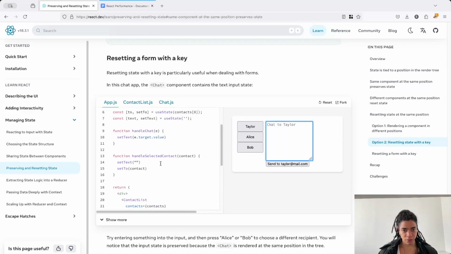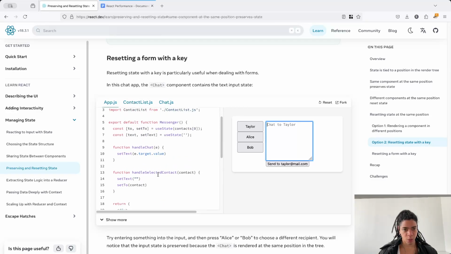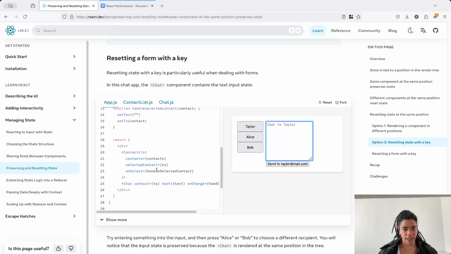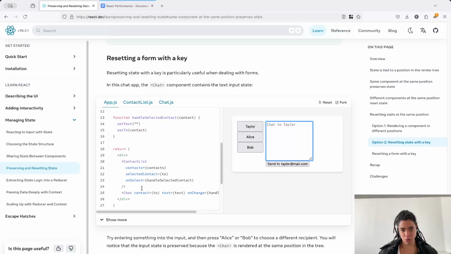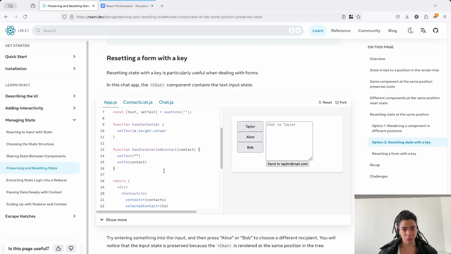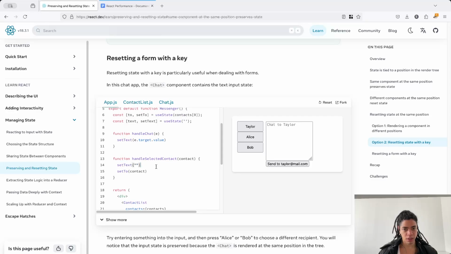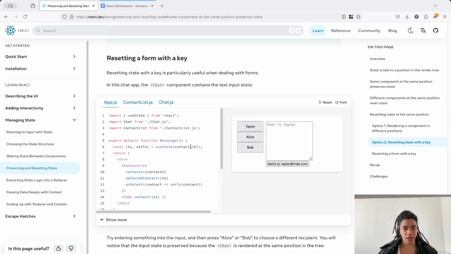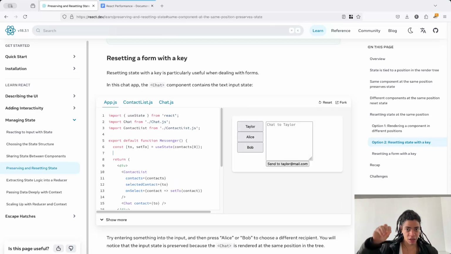Selected contact 2, the handle chat, the handle selected, okay. So wouldn't there be an alternative to set this state? Well, another thing that we can do here is to set another state here, okay, and when the contact changes, another particular way to do this is to reset this. Another way to do this, instead of lifting up the state, is to define